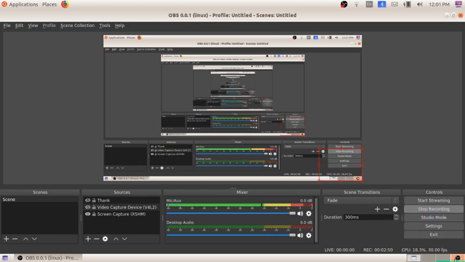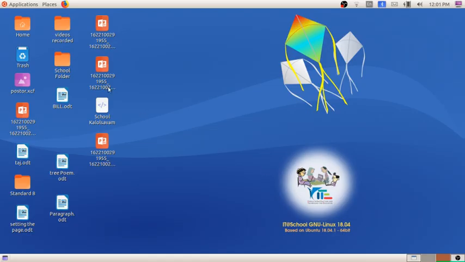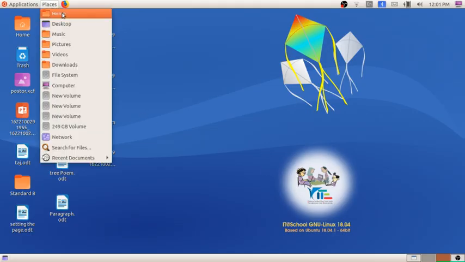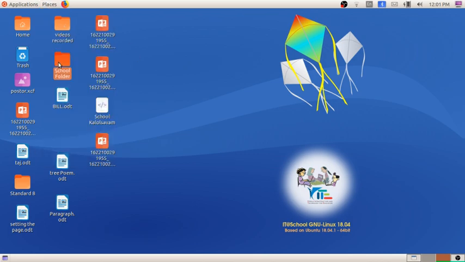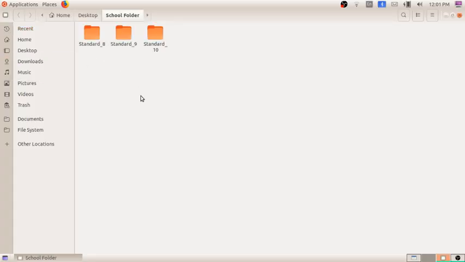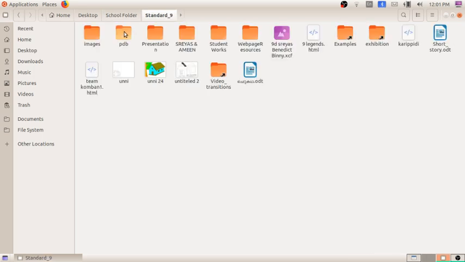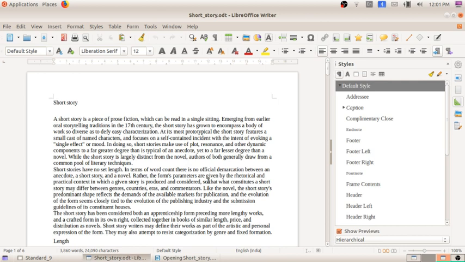For that, in the school resource folder itself, you will have a file, cherukada.odt. We are making the changes to that. Cherukada, or short story. Short story.odt, I am opening that. You can see here an unformatted page of a short story. So we have to make changes.